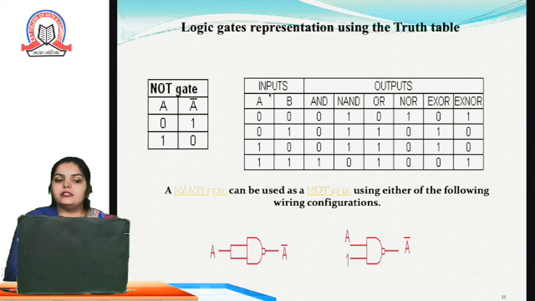Okay, here is the truth table for our logic gates representation. Here A and B are the inputs. The combinations are 0 0, 0 1, 1 0 and 1 1. So we can see here the output of each. For the AND gate, you will get a high result only when both the inputs are high, and in case of the NAND gate, you will get all the results high except when both the inputs are high. When both the inputs are high, in case of the NAND gate, you will get the low result.